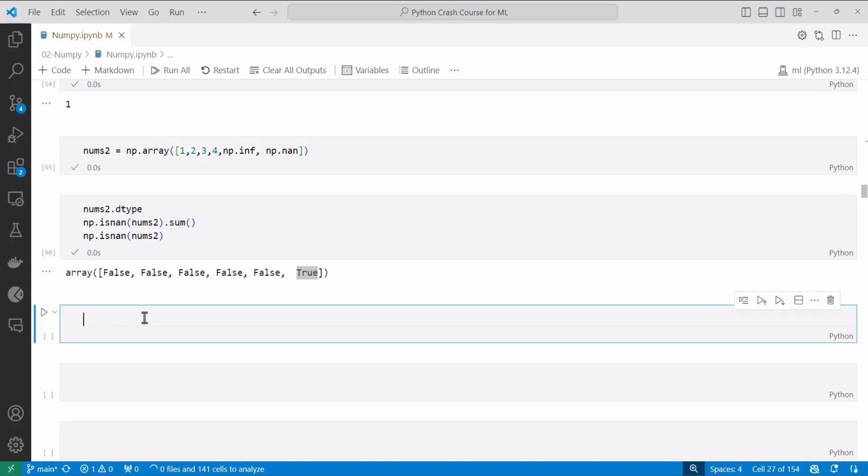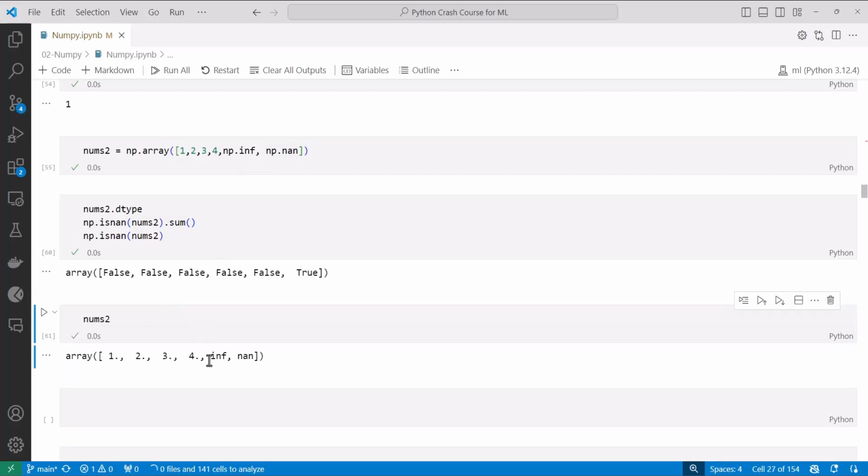That function is nan_to_num, which you can use to change these nan and inf values to numbers. For example, if you have this nums2 variable and you want to make the change, you simply write